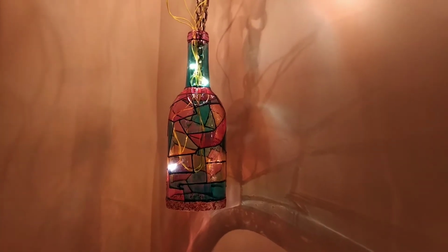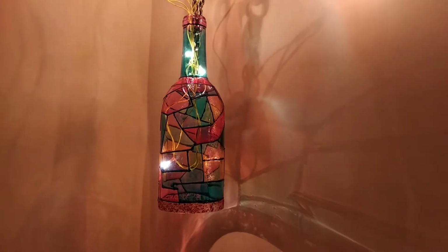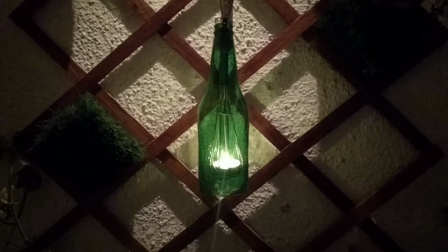Turn your glass bottle into a beautiful hanging lamp by cutting the base of it, or use it as a